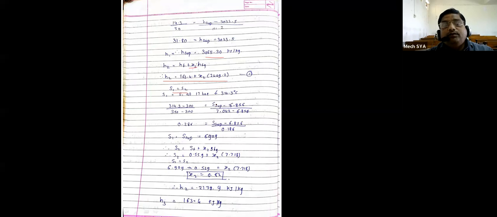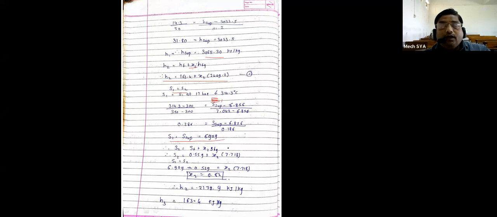We call it S1 or S sup. From table number 5, the value at 300 is 6.856, divided by the value at 350, which is 7.042, same table, different temperature: 7.042 minus 6.856. If you do this calculation, S1 is equal to S sup is equal to